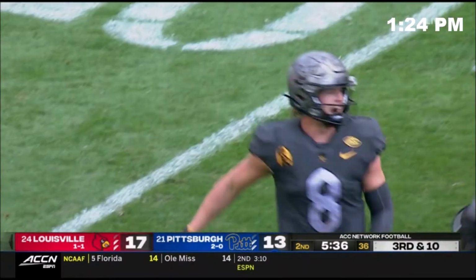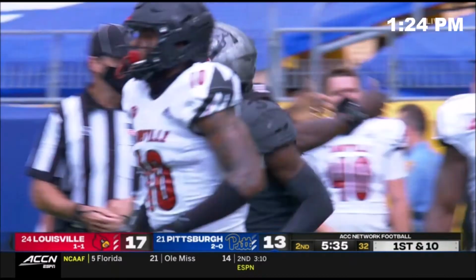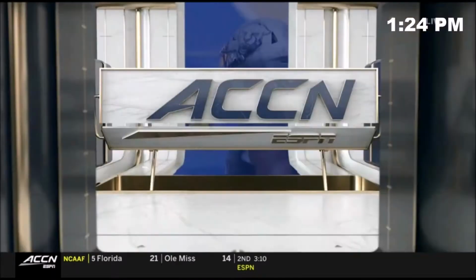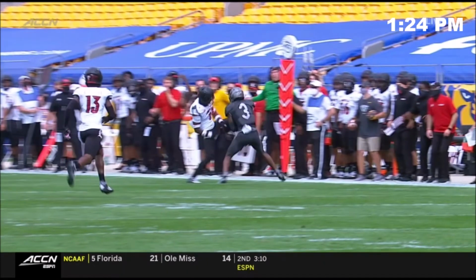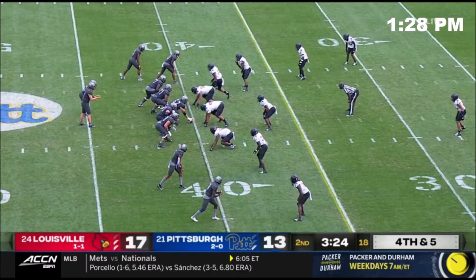I thought that ball was going to be picked by Russ Yeast. I did not think there was any chance that ball was even going to be completed. And I'm with you. When Yeast came cutting under, I thought that ball was picked as well. And it looks like Yeast may have actually helped Addison catch it, but...